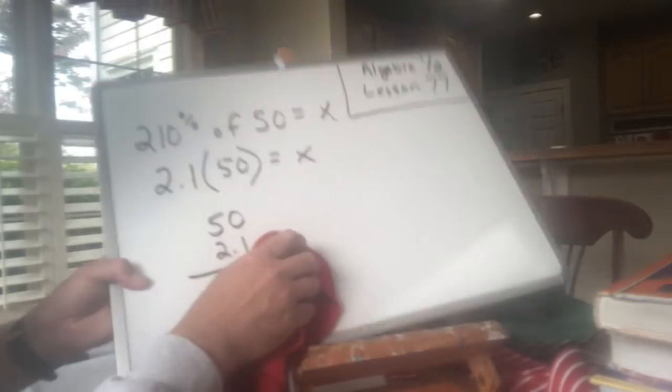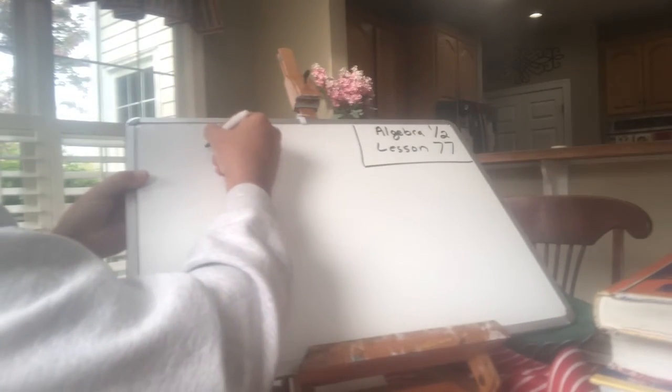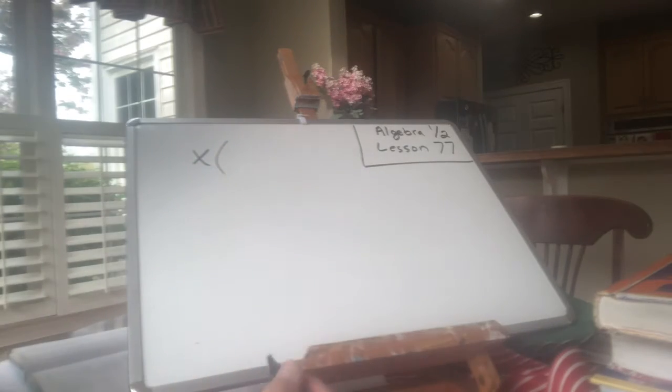The question right after that states what percent. Now they're asking for a percent. If they tell you 210% of some number of 50 is going to be a number. Okay. Now they're asking for what percent. What percent? So what percent is the unknown x, of is the multiplication,